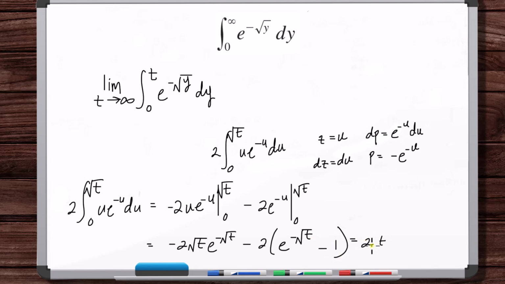So minus 2 root t, okay, there we go. So this is equal to, we can take out a 2, and we've got root t e